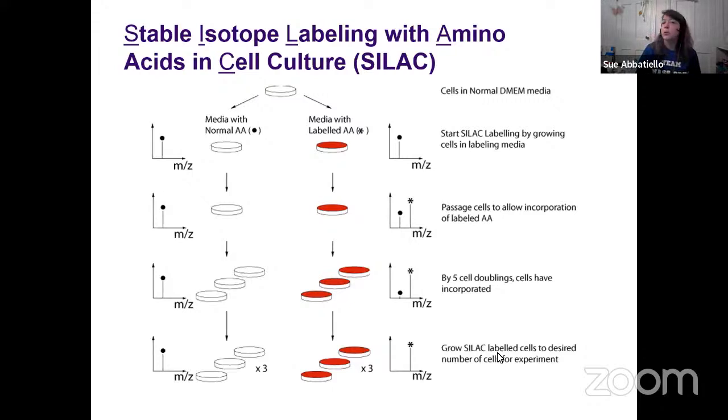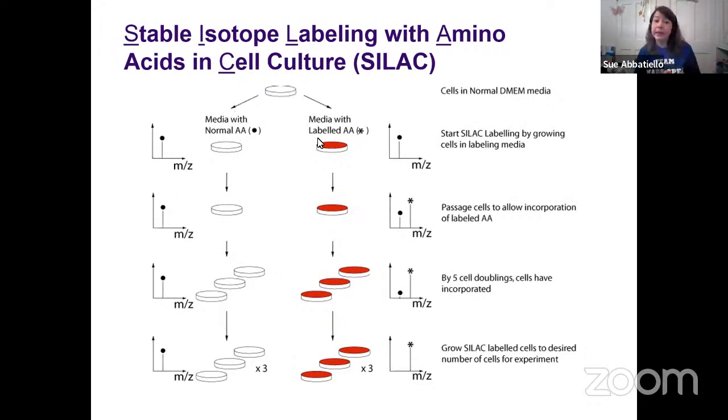So stable isotope labeling with amino acids in cell culture has the acronym SILAC. This was originally presented many years ago, and it's meant for use with growing cells in culture. So if you have a cell line and you can treat it with a drug, or you've got something that's resistant to a treatment, you can look at how the protein expressions are changing between these two cell states, and